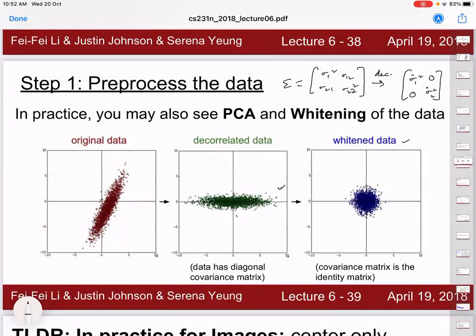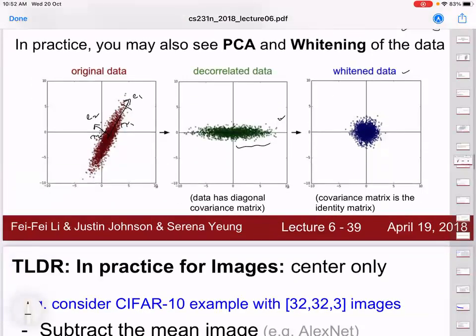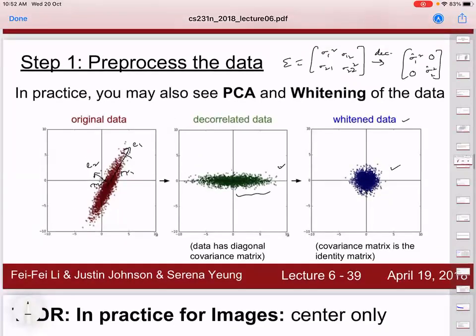Eigenvalues essentially give the spread along that direction, and the eigenvector gives the direction along which the spread is more or less. So this is the first eigenvector, as you might have seen in PCA, and this is the second eigenvector. This is proportional to lambda 1, and this is proportional to lambda 2. Hope you still remember this information. That is used here to decorrelate and whiten the data. Of course, do you think this is a desirable operation all the time?